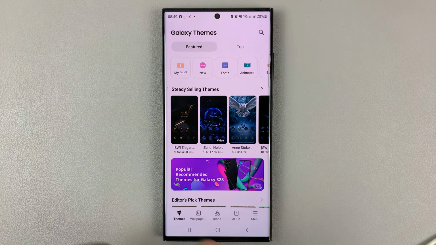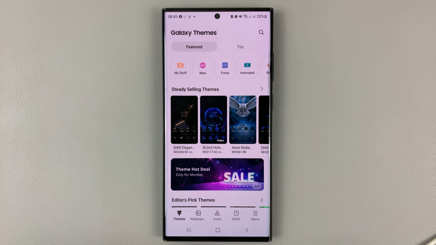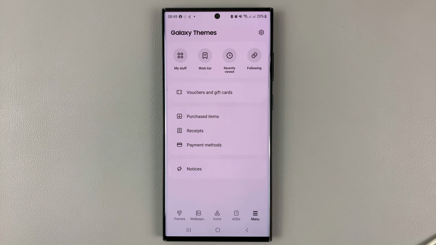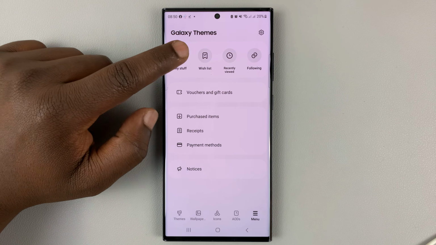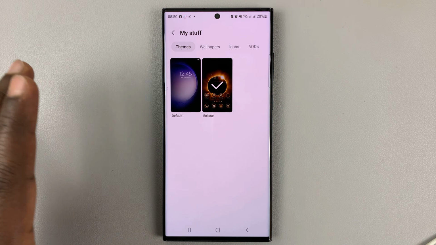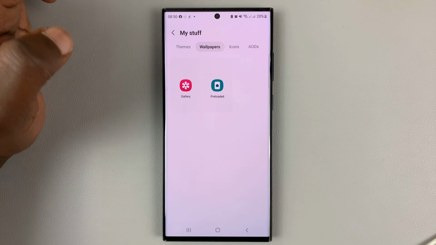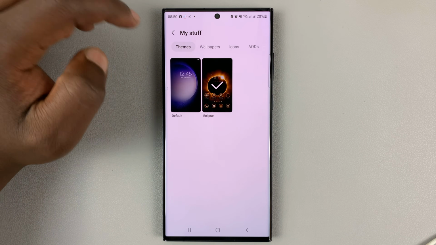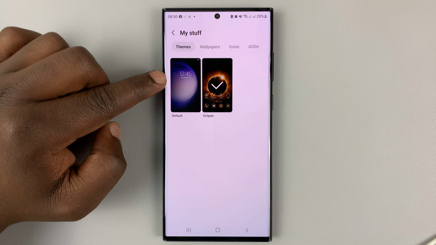Now when you're here, of course you're signed into your Samsung account. At the bottom, tap on menu. Okay, and once you tap on menu, go to my stuff, tap on that, and you can see all the themes you installed here, of course with themes selected at the top here. So if you select wallpapers, for instance, you'll not be able to see your themes. So make sure themes is selected and you can see all the themes, but the first theme is always the